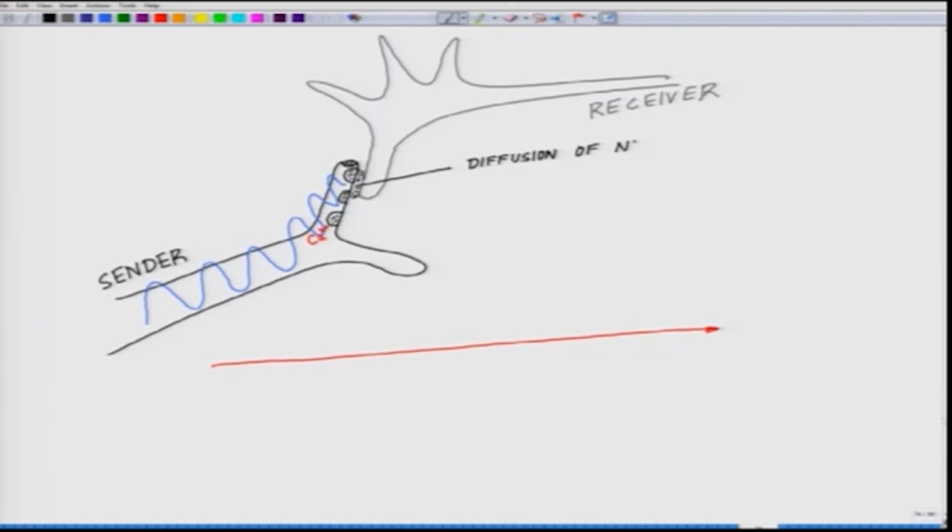Diffusion of neurotransmitter. Now this neurotransmitter binds to the membrane of the dendrite of the receiver neuron,